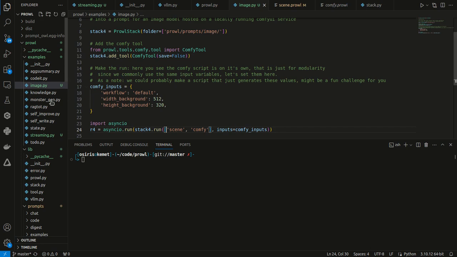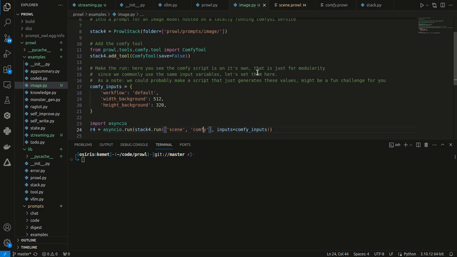But then if I set up something else that's like another flow for a scene script, to make a prompt for a specific scene here, I could do that. Now, obviously, this is not the best naming that I've done here because it's just called Comfy. I should probably call this like Comfy_scene or something, because it's the one that's going to be grabbing from the scene. And if I wanted to do like a subject, just a subject, or like a portrait or something like